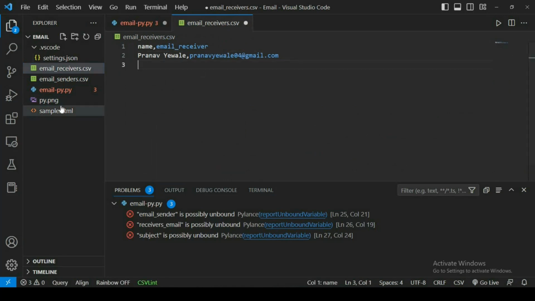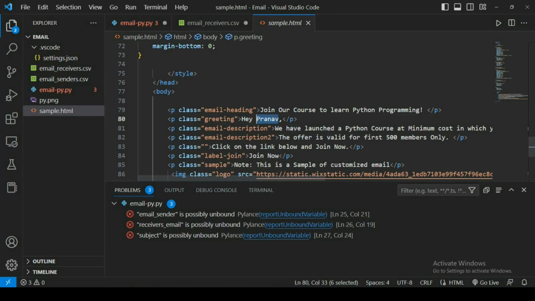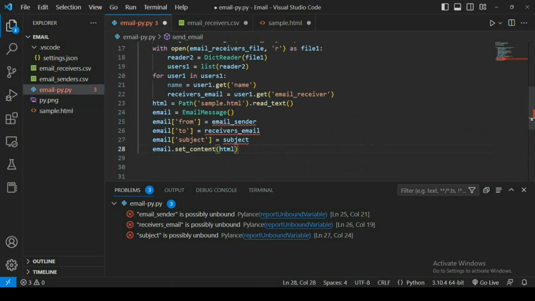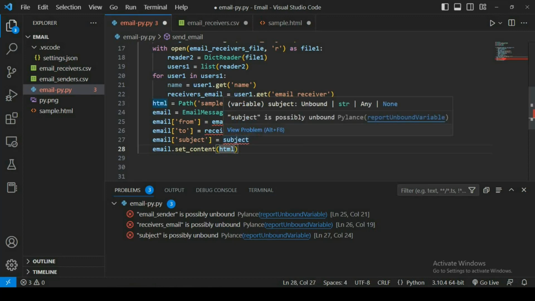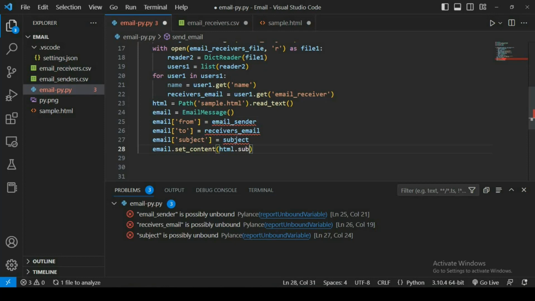So for the receiver's name we're going to write here $name, and we'll go to the file, and here rather than saying html we will say html.substitute